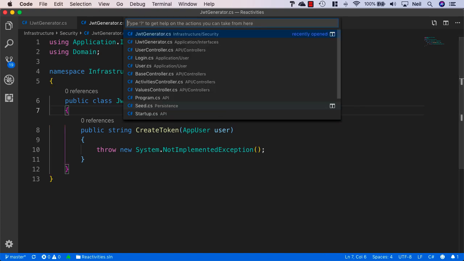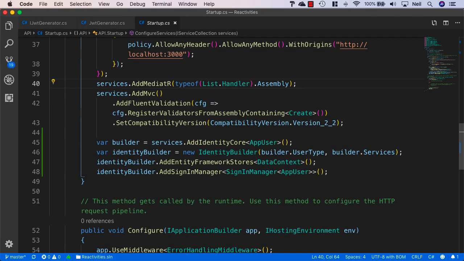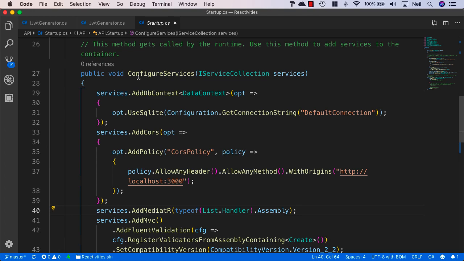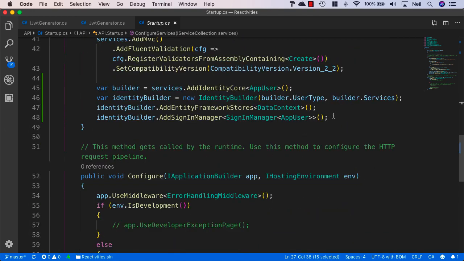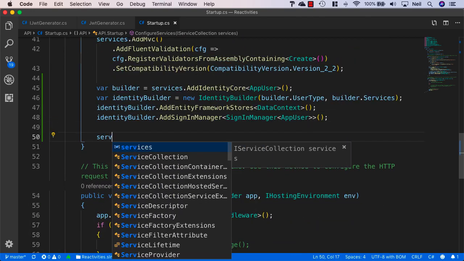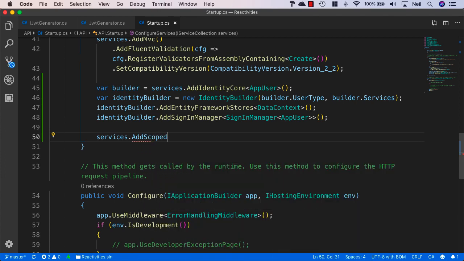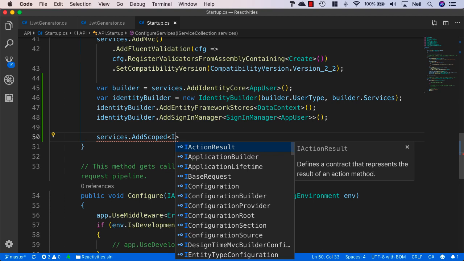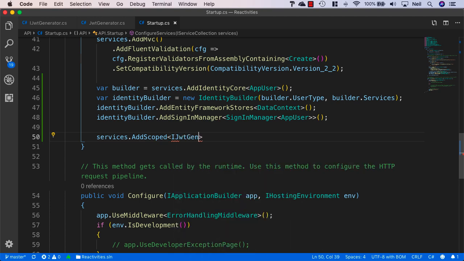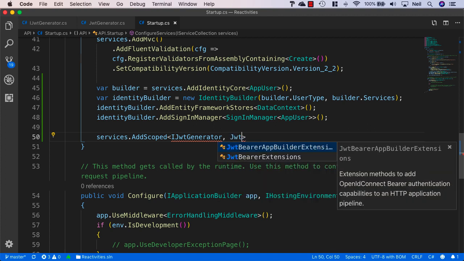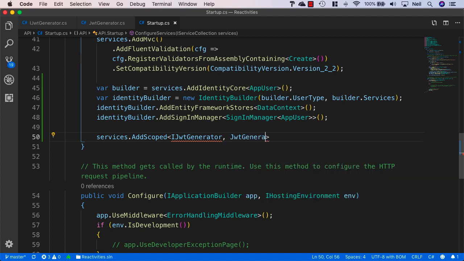So let's head back to our startup.cs class, and what we'll do is add inside our services container, we're going to add this as a new service. So we'll say services and add scoped so that it's available for the request, and we'll say JWT generator as the first type and JWT generator as the second,